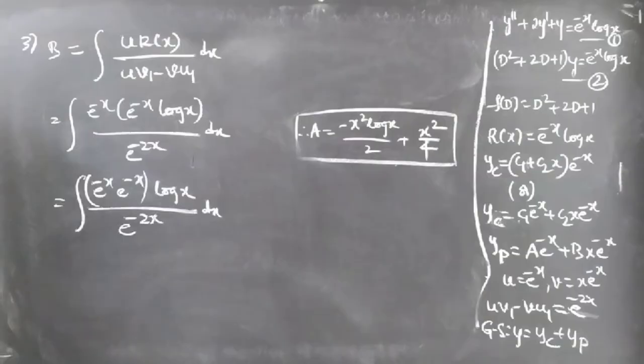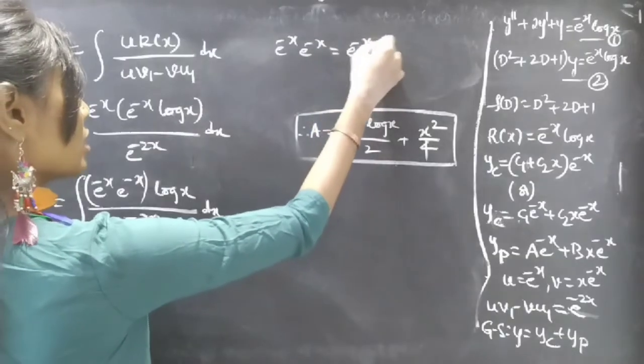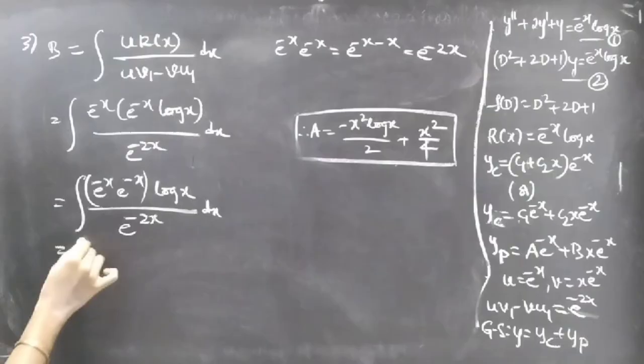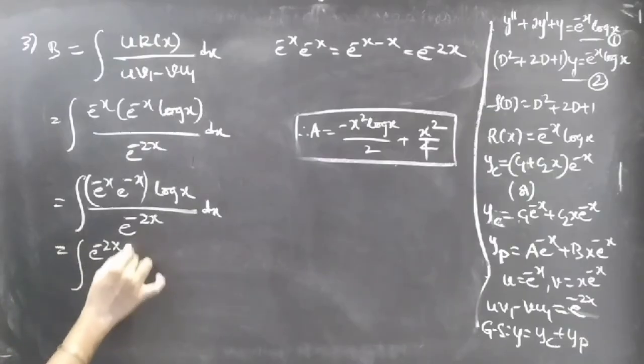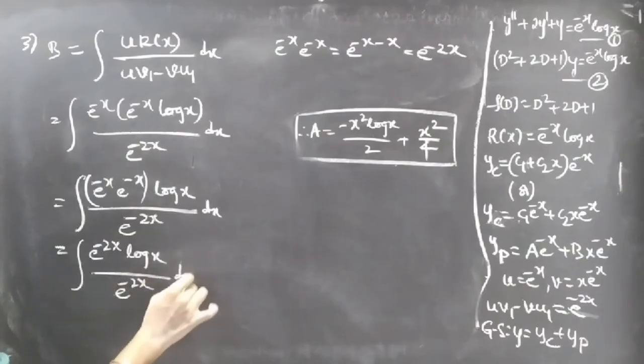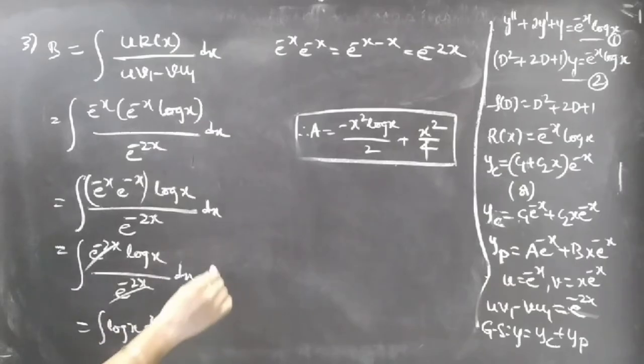We can replace e power minus x into e power minus x with e power minus 2x, since e power minus x into e power minus x can be written as e power minus 2x, right? Then we'll get integral e power minus 2x log x by e power minus 2x dx, where e power minus 2x gets cancelled, and we'll get integral log x dx. Since we know that integral log x dx is